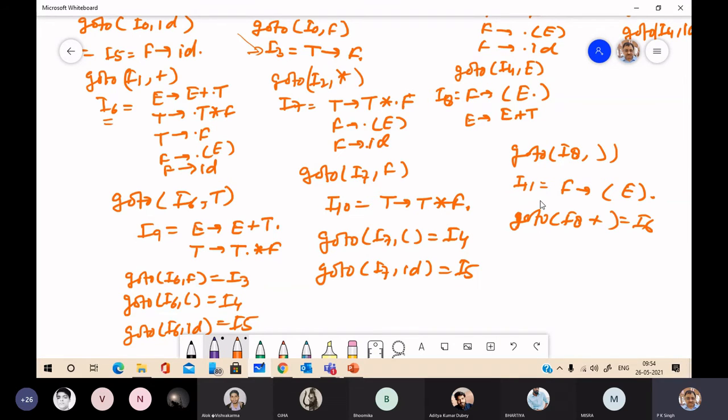It means this is the canonical collection of LR0 item sets, and we have total 12 sets of items from I0 to I11. These 12 item sets will say about the various states of the parser, and will be used for constructing the table.